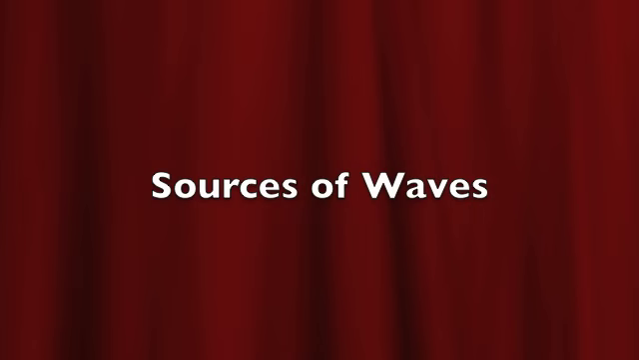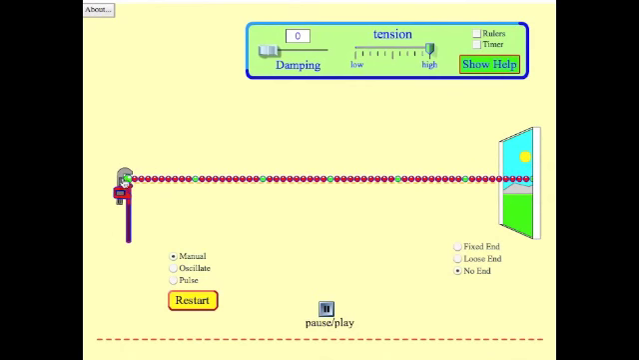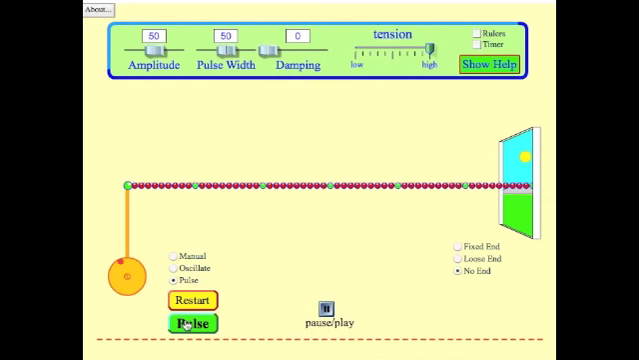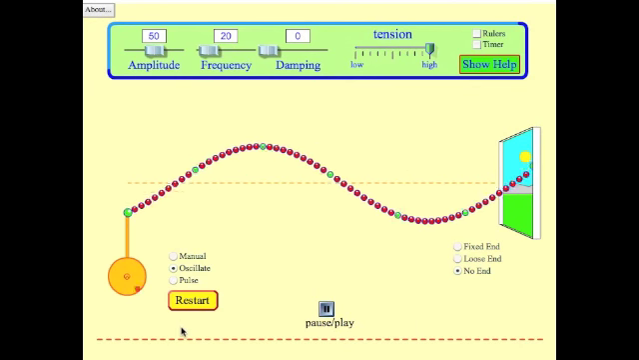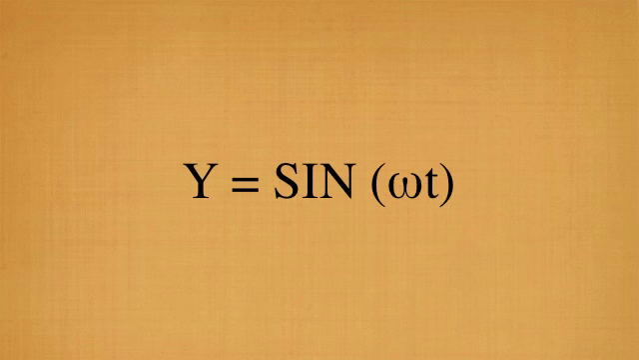When we have a single disturbance or event, a pulse is created which propagates away the energy from that event. A periodic disturbance or vibration would create repeating pulses or a wave. We could simply describe the back and forth motion of a vibrating object in simple harmonic motion by the equation y equals sine omega t, where y is the amplitude of the vibration, omega is the angular frequency, and t